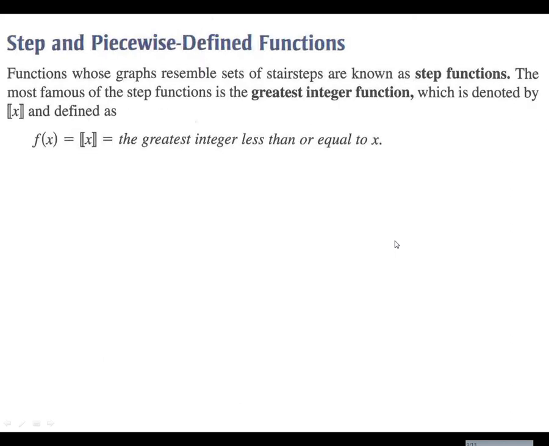All right, so now the two kind of new ones, step and piecewise functions. The step function is probably totally new for you, so let's take a look at what it means. It's this double bracket thing: the greatest integer less than or equal to x. So this is kind of a rounding thing. So what we're going to say is,